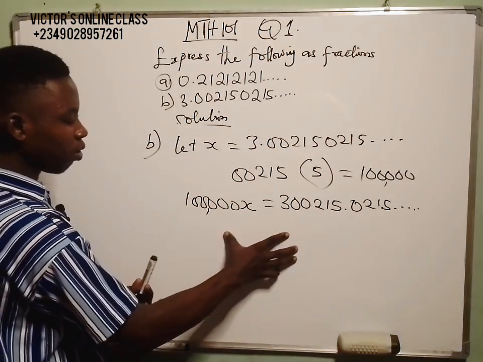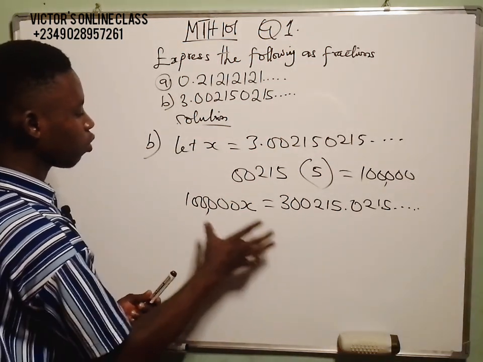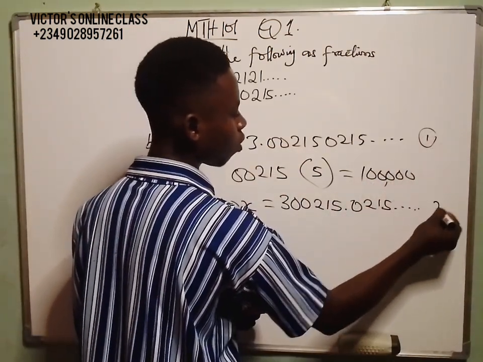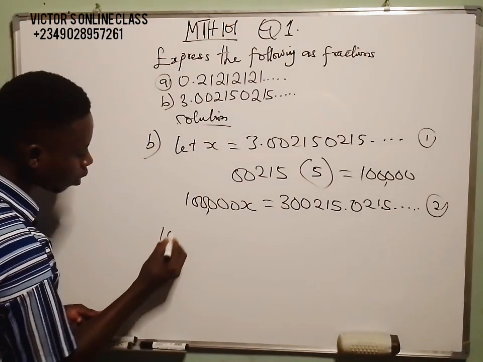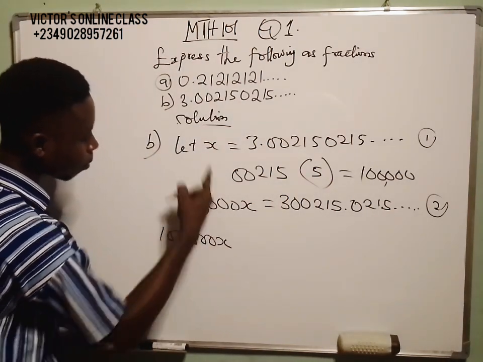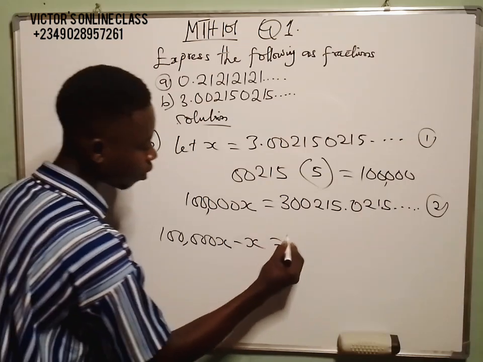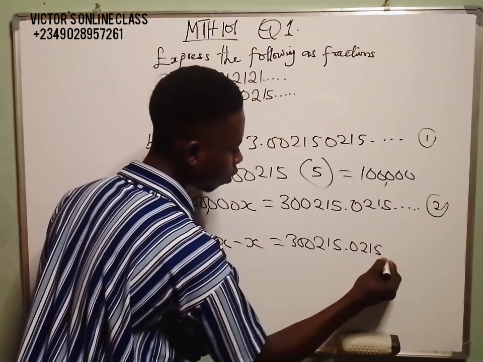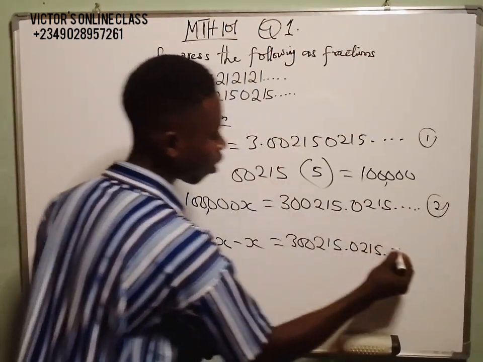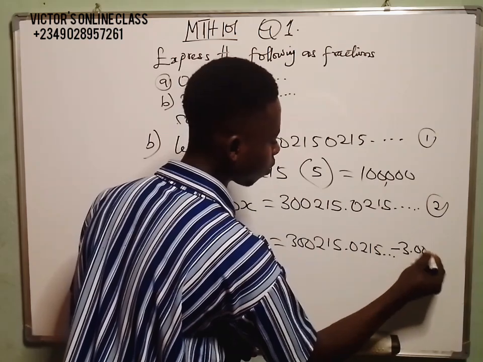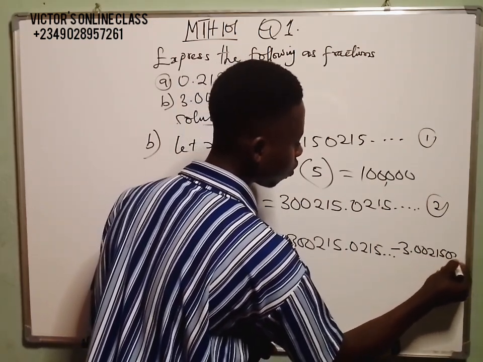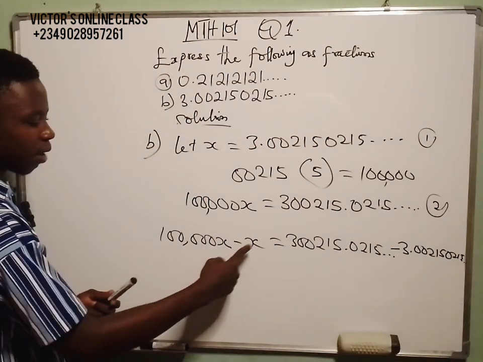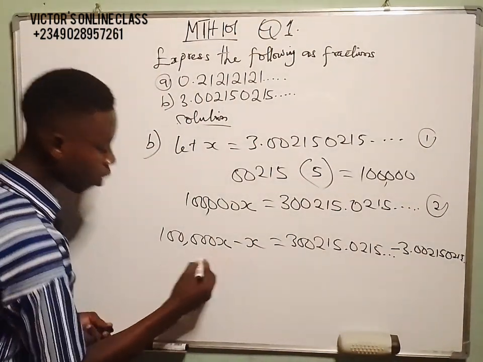Now, having reached this extent, what are you going to do? You will be subtracting equation 1 from equation 2. Don't forget that this is your 1 and this is your 2. Now, 100,000x minus x, you will be having dot dot dot minus this which you have here, 3.00215... continuously. Now 100,000x minus x,